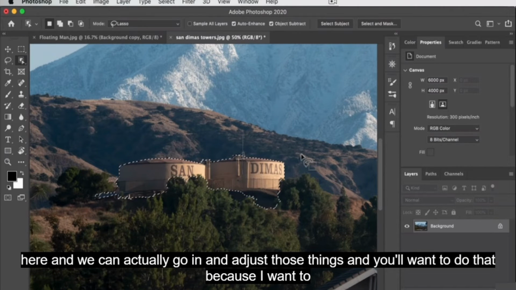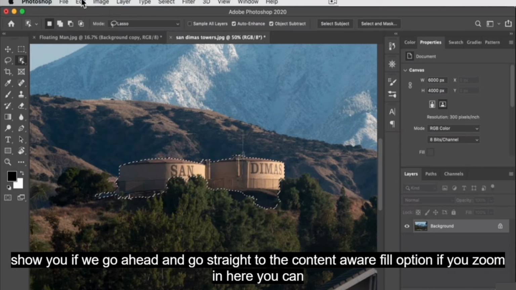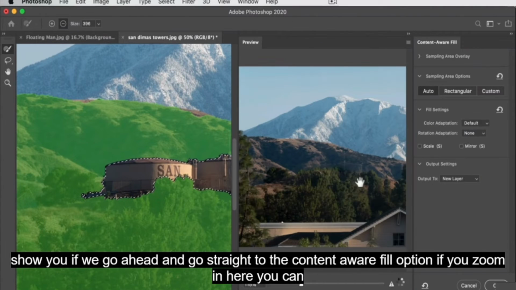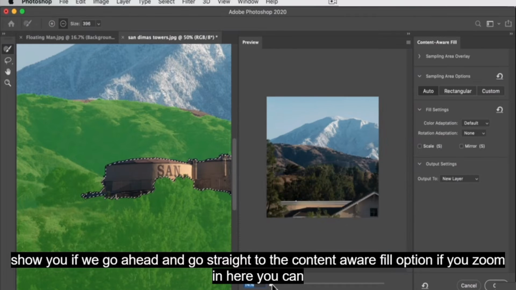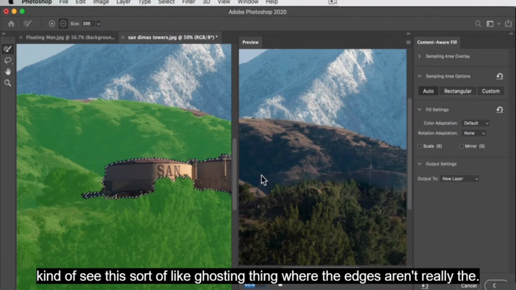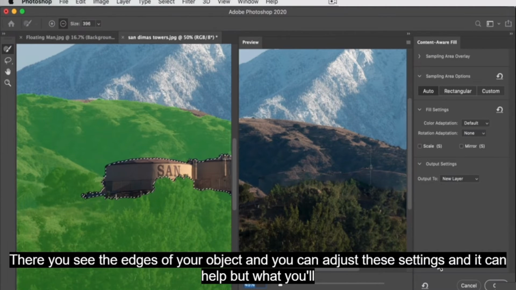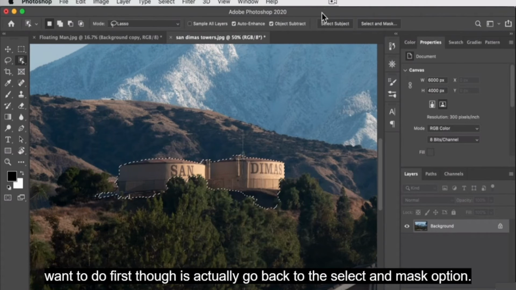And you'll want to do that because I want to show you, if we go straight to the content aware fill option, if you zoom in here, you can kind of see this sort of ghosting thing where the edges aren't really, you see the edges of your object. And you can adjust these settings and it can help, but what you'll want to do first though is